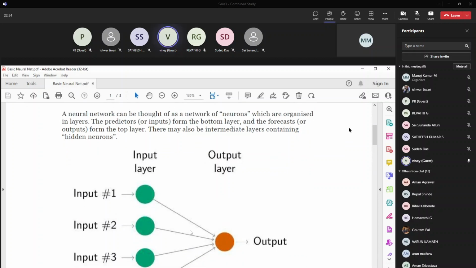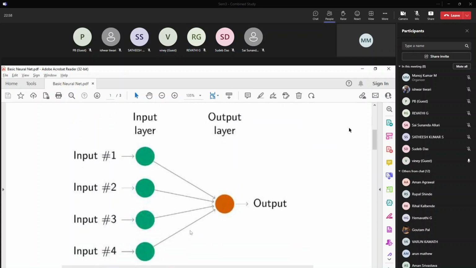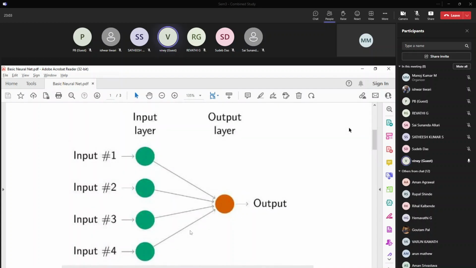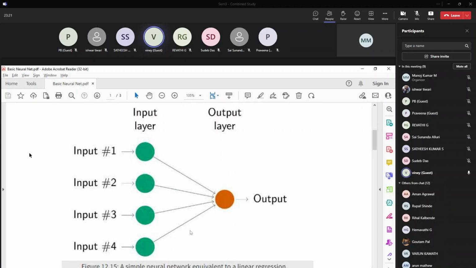So this is a perceptron, the simplest neural network, right? Which is equivalent to your linear regression. There is an input and there is an output. Y is equal to mx plus c, right? Where x is x1, x2, x3, x4, right? So what happens is that your input goes in, right? And then there is some